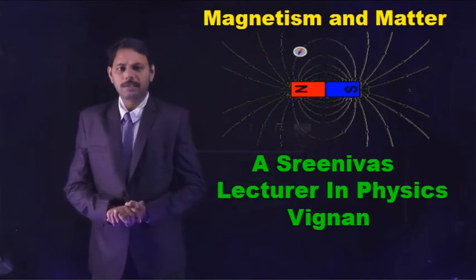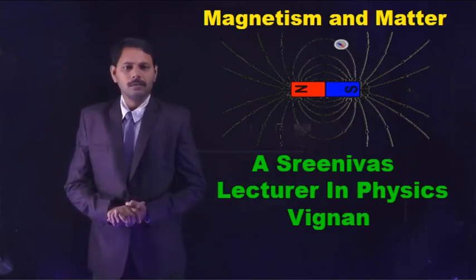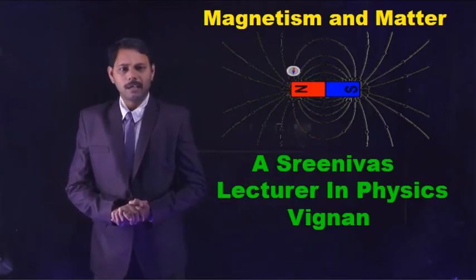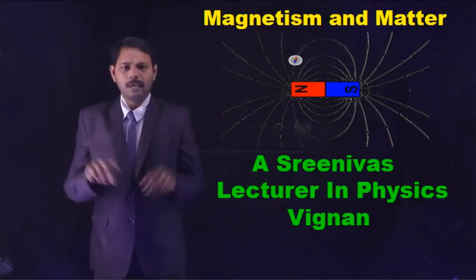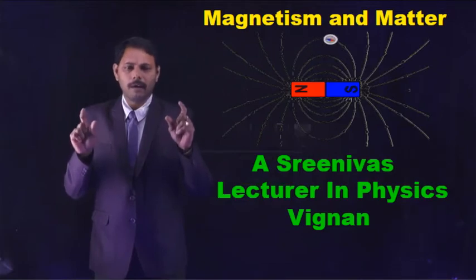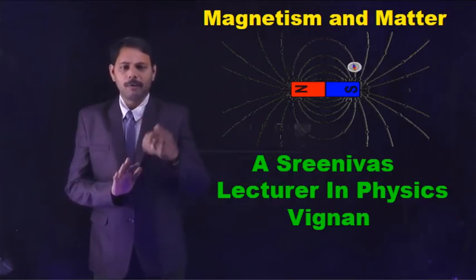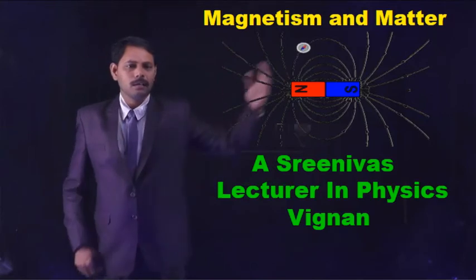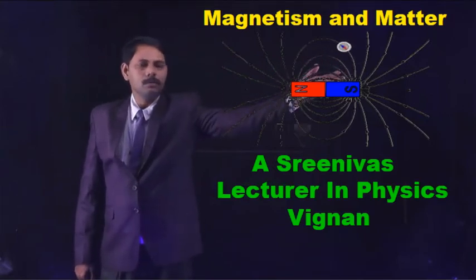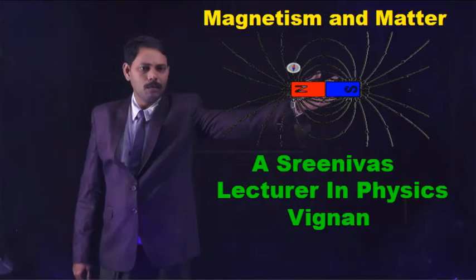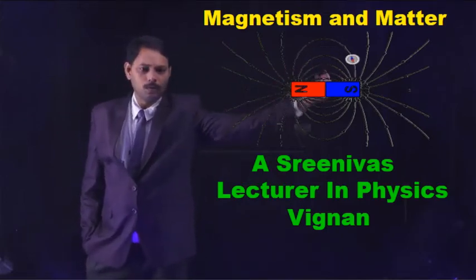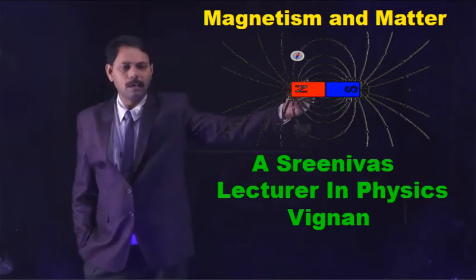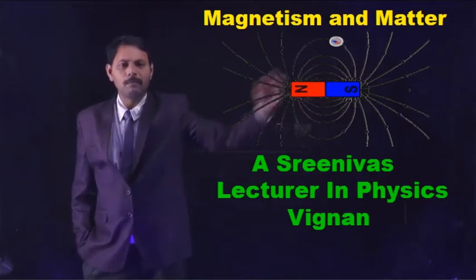Students, in this session of discussion, I would like to explain the magnetism and matter chapter. In magnetism and matter, I discuss bar magnets. In the video, in this animation, you are observing a bar magnet having some length and breadth, having a north pole and south pole. We know that any bar magnet is a dipole, a natural permanent magnet.